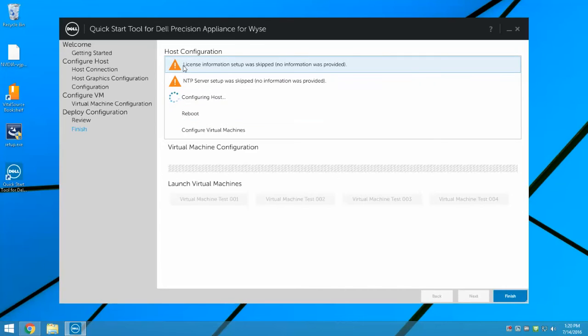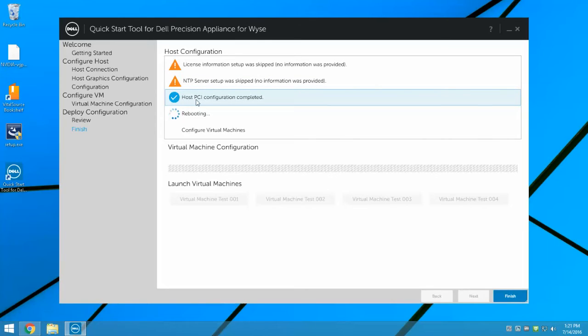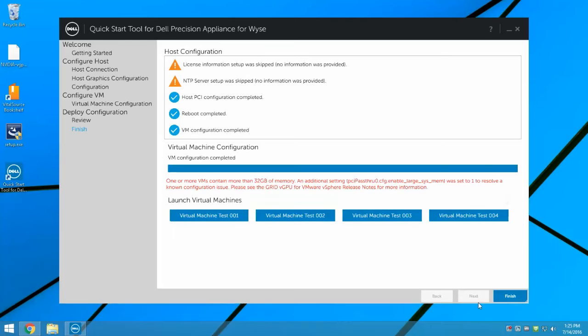You'll notice from the host configuration that it skips because we did not provide that information. But we've now shared the host PCI and configured that as a shared PCI device inside of the ESX server. So this right here is going to be a reboot of the actual appliance, and I'm going to pause the video in order to save time. So the reboot process has completed, and